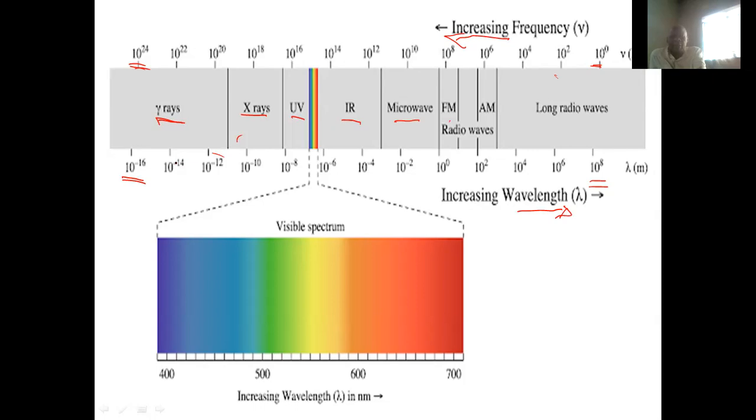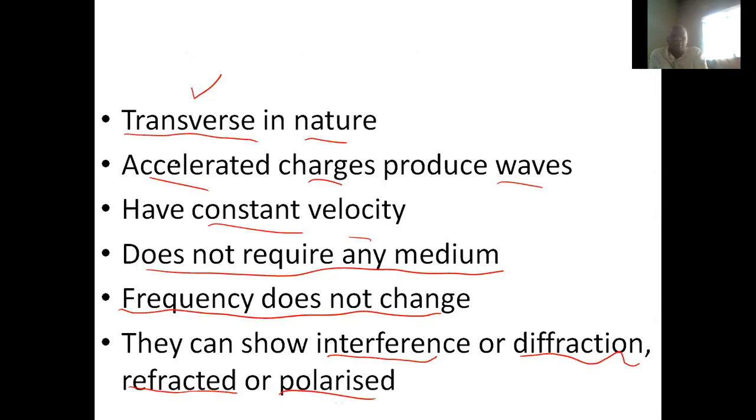It's important to know that electromagnetic waves, in a vacuum, have a constant velocity, which is 3 times 10 to the power 8 meters per second. So many times questions are asked to identify the speed of electromagnetic waves in a vacuum, which is 3 times 10 to the power 8